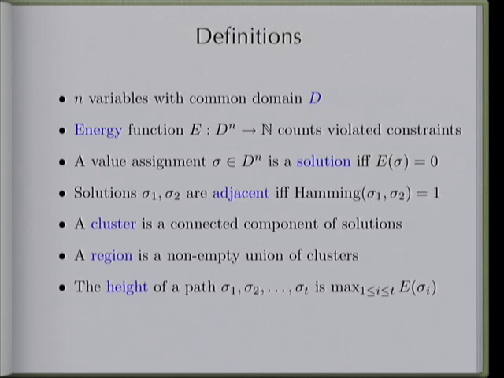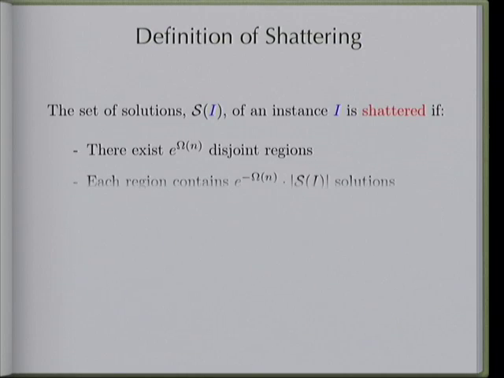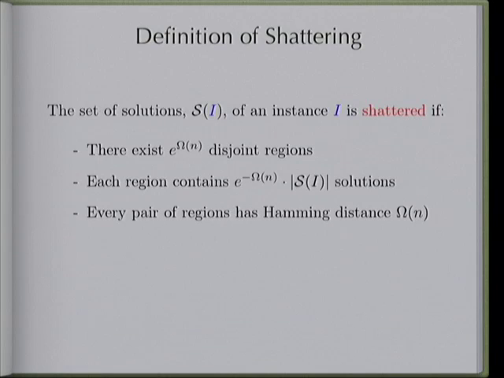So with these definitions in place, let me say that the set of solutions of an instance of a random constraint satisfaction problem is shattered if there exist exponentially many disjoint regions,